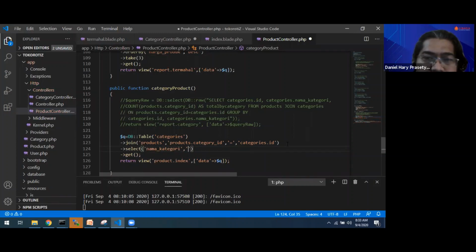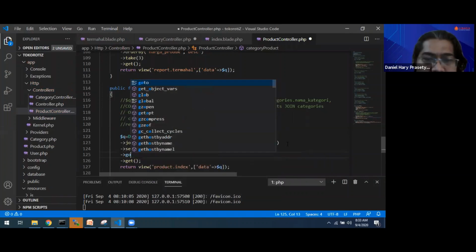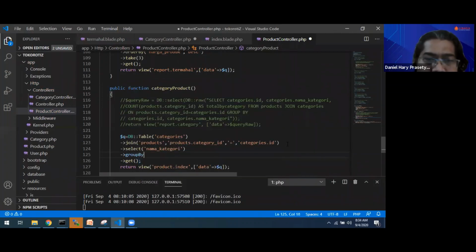And ID maybe, if we use ID. We can just use nama kategori and group by nama kategori also.